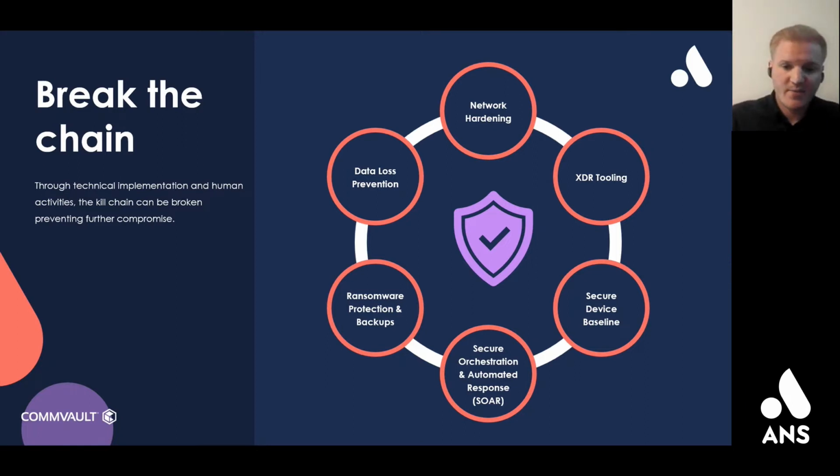Then we're looking at secure orchestration or automated response when we're looking at obfuscation or anti-forensics. This is to ensure that if there are actions being taken by a user on that system, say an adversary saying I'm going to delete all these files and folders, or I'm going to try and make changes to this user, that will kick off an automated response, which will maybe quarantine that device. That provides you with some security to ensure that device has been taken off the network and can no longer be part of